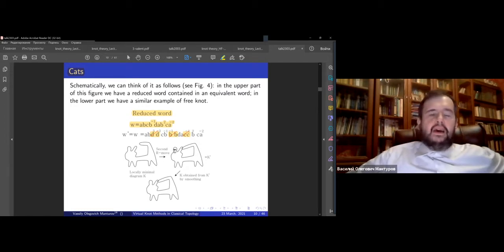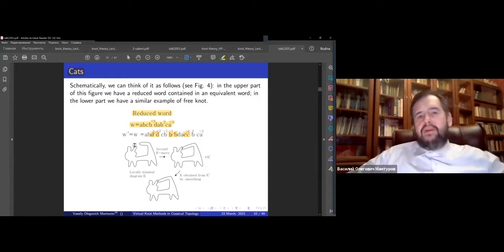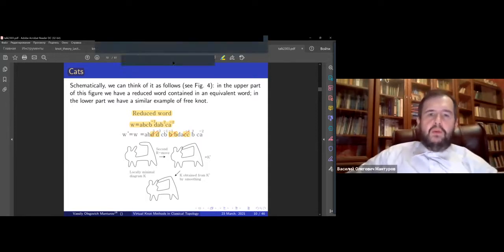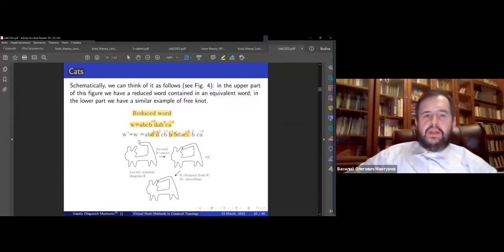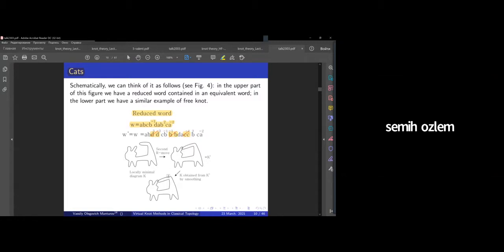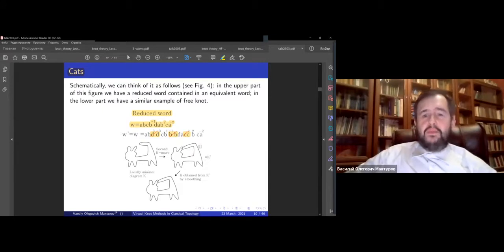Assume this cat is minimal in the sense that we are unable to do any decreasing Reidemeister move, or maybe even the third Reidemeister move. Well, we can decrease, but we can increase instead. I mean that this cat can pull his tail and make two crossings like here. After that, we can perform some smoothing and see the initial cat inside the picture of the bigger diagram. So you see that K is obtained from K prime by a couple of smoothings.